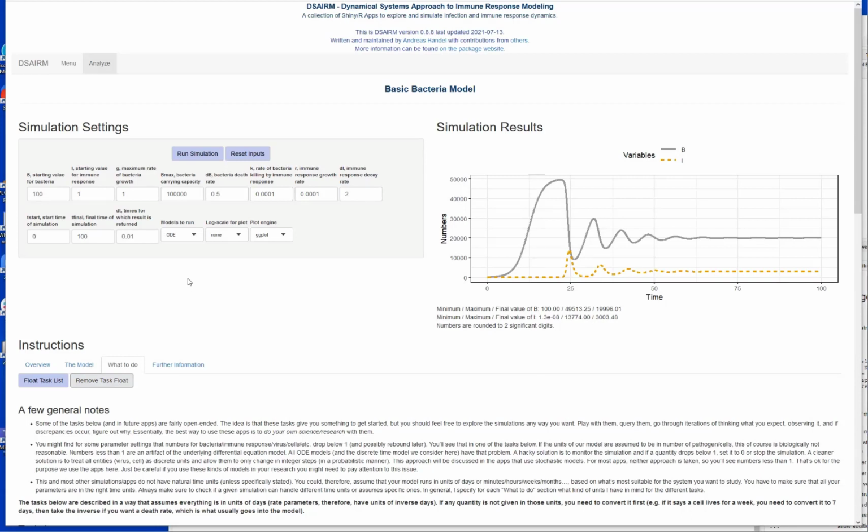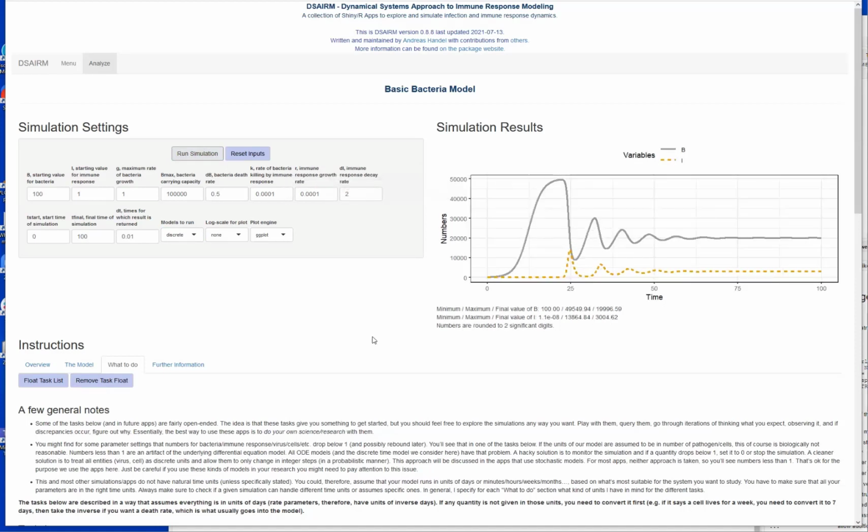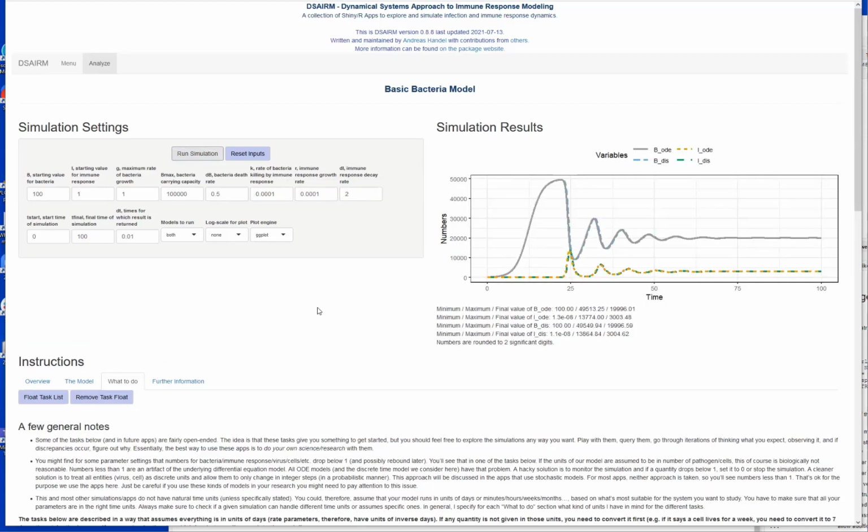So one thing you have here, and a lot of other apps don't have that, but underlying, you can run either the ODE model or the discrete time model. So this is running the discrete time model, or you can run them both. So here you see them both. And what you see here is that they're very similar. And so what generally happens if you have a pretty small time step, then your discrete model is an approximation